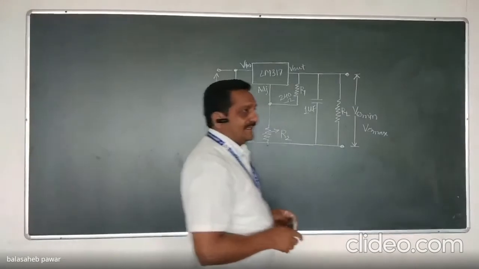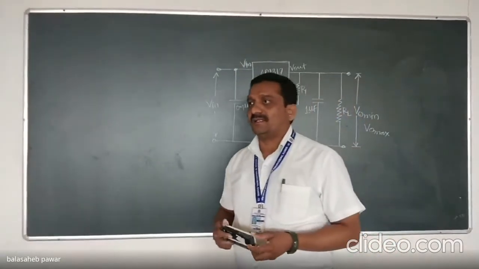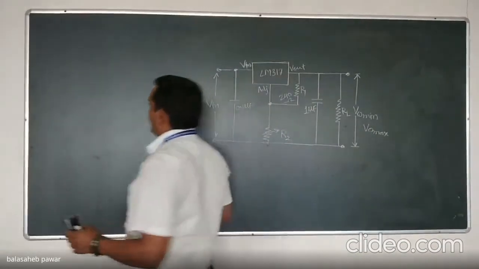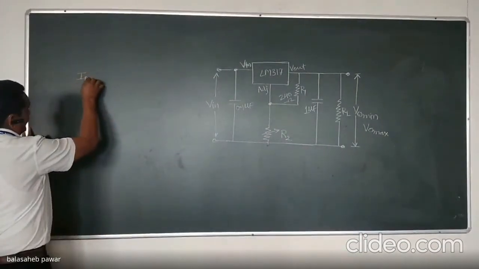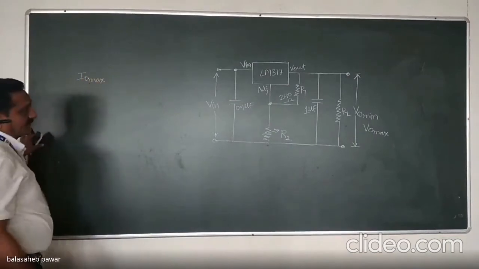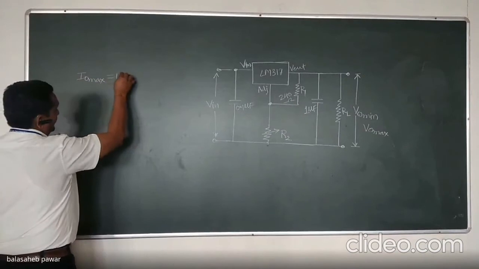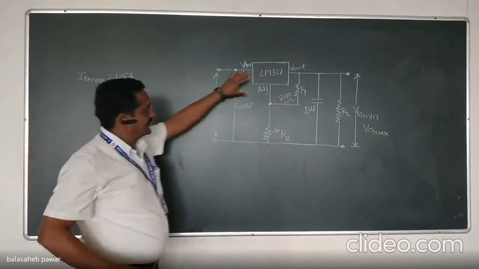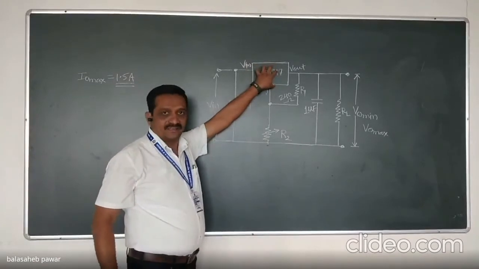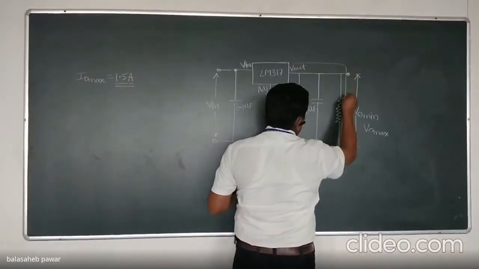As per the limitations, yesterday, today also, during my PowerPoint presentation, I mentioned the IO max, that is the output current of LM317 as well as 337, it is almost 1.5 amperes. And that is the current sourcing capacity of this regulator IC. The same current that we can deliver to the load RL.